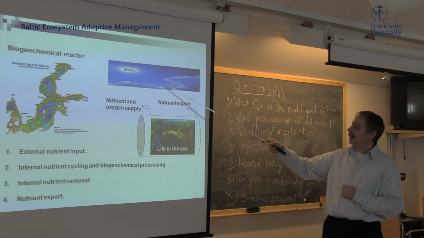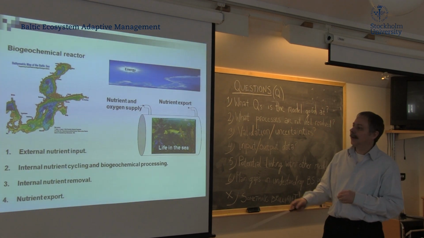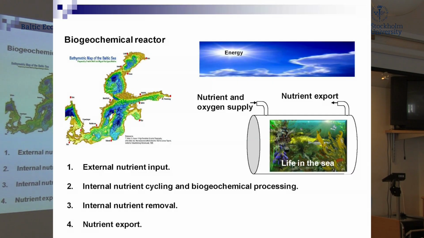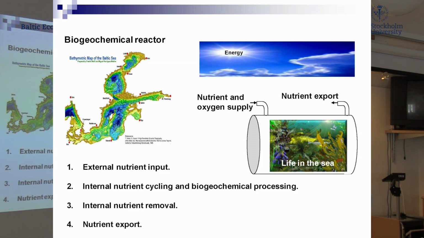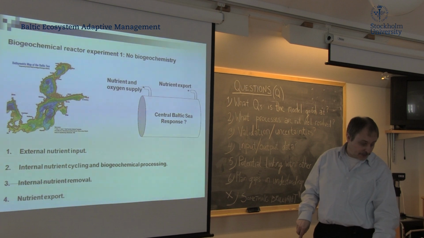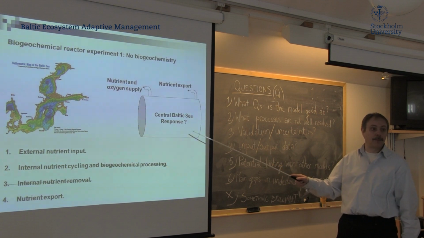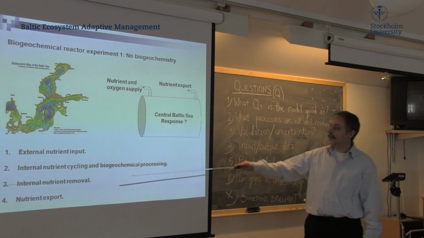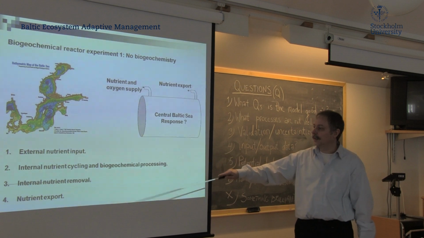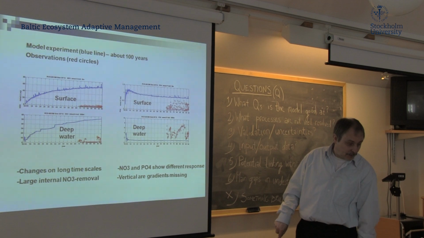We have light, and out is coming nutrient export. So we have the external nutrient input, internal nutrient cycling and biochemical processing, internal nutrient removal, like denitrification, and nutrient export. What will happen if we skip the processes in the box, in the reactor? If we take away the biogeochemical processing, and if we take away the internal nutrient removal, well, it will look